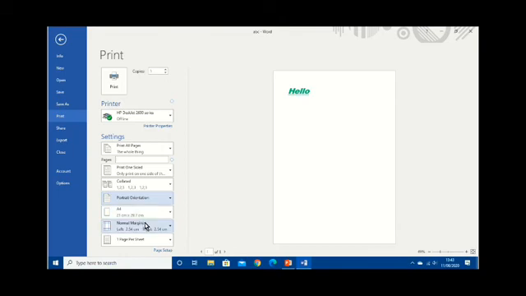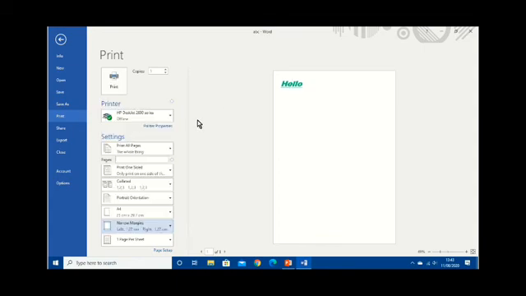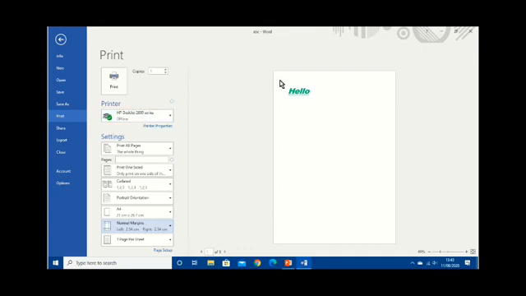Now here are given margins. Normal margin you want or narrow you want. Many more are there according to your requirement. You can change the page setup. This is the narrow one, but I will make it normal. Now it is in normal mode. And click on the print button. It will be applied and you will get the printout.